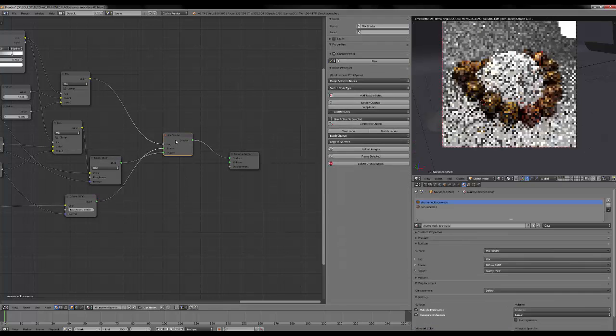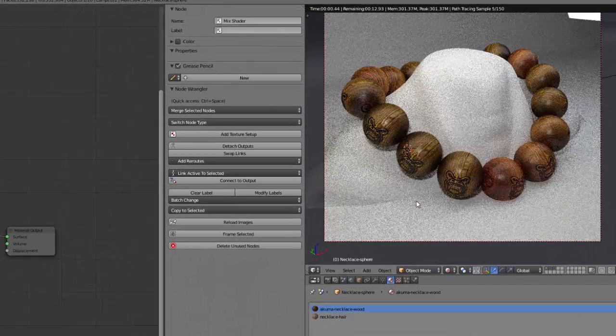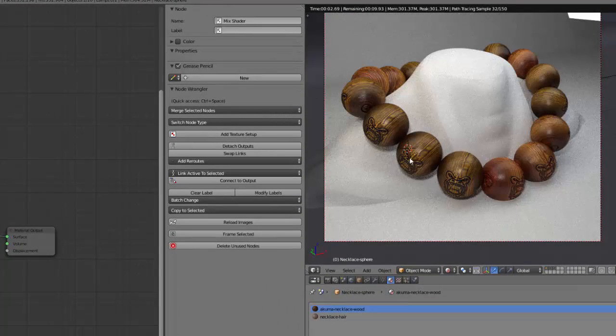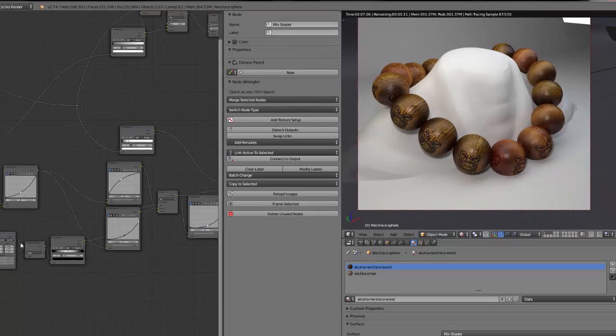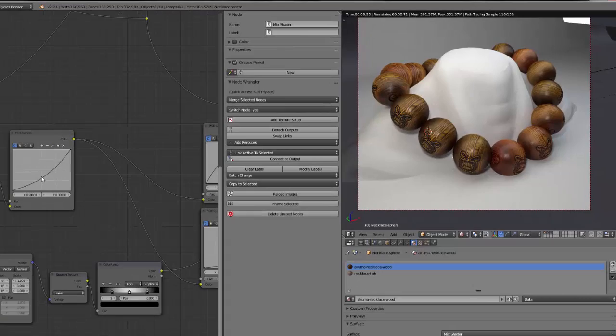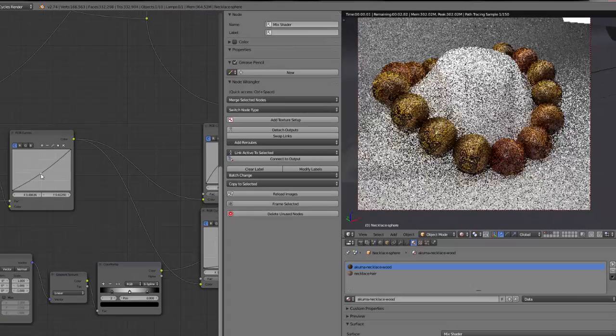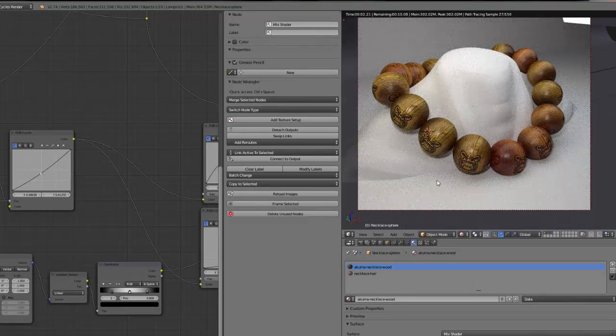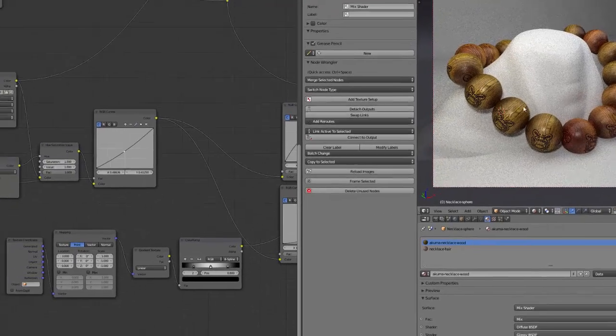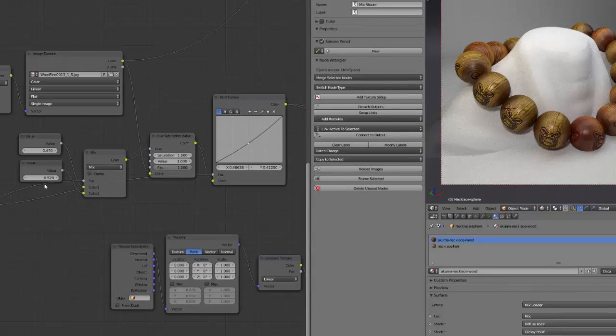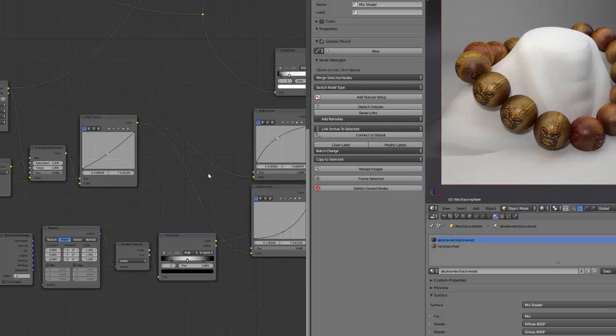So let's try our last shader. So now I have those nice variations. It's maybe too dark, so here the curl, let's just make it a little lighter, and maybe a bit too yellowish, so it was the higher value. Let's check 0.51, and I get back to my wooden color here. Okay, so now I have my